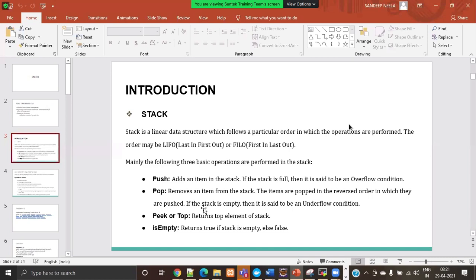Push is inserting, pop is removing. Peek or top returns the top element. The difference between pop and peek is that pop deletes the element, and if the element is not there, it will return an exception, whereas peek or top only returns the top element. isEmpty tells whether the stack is empty or not.